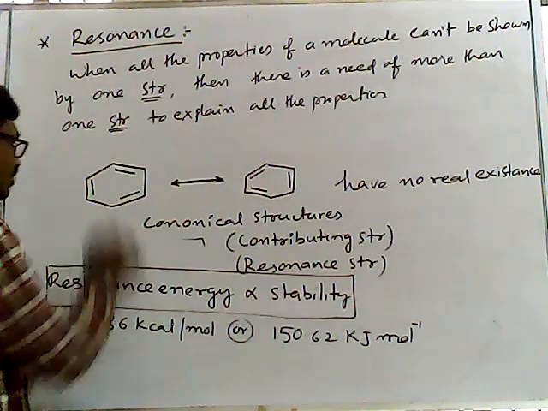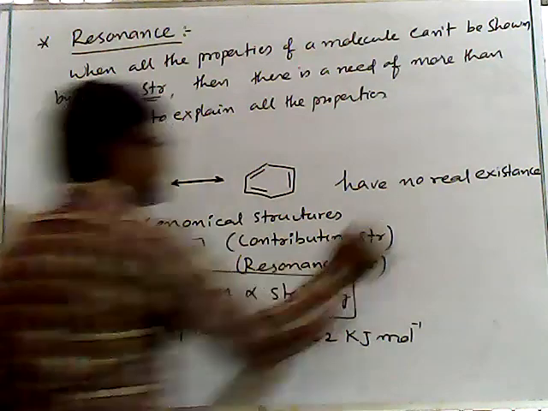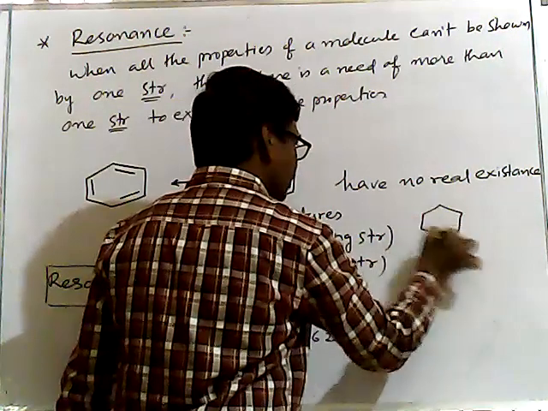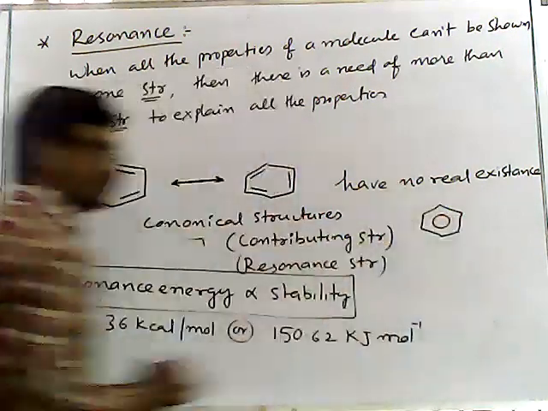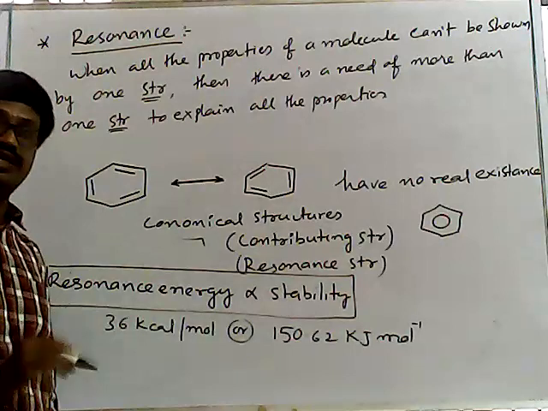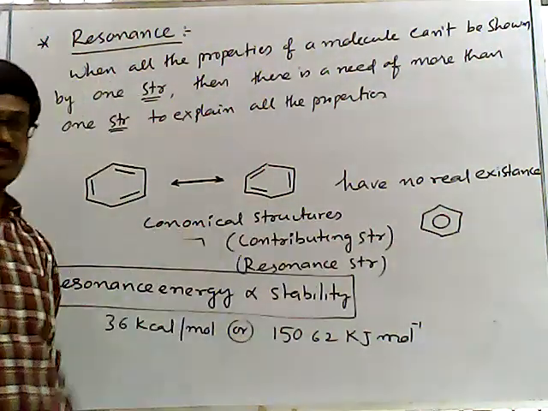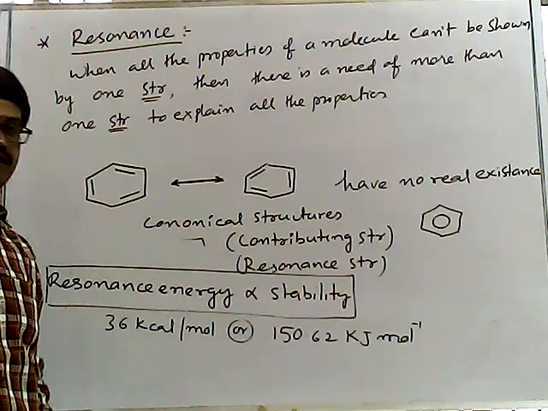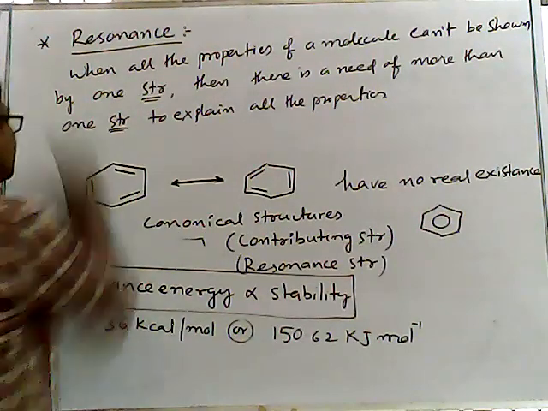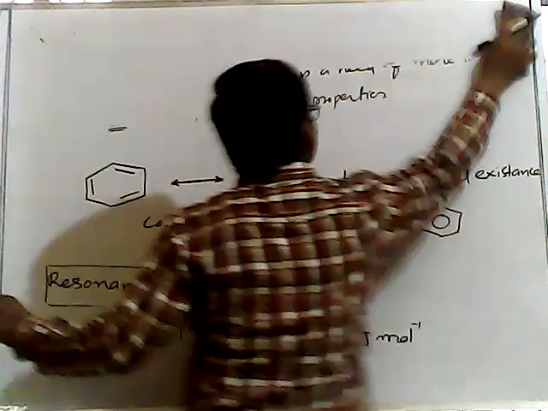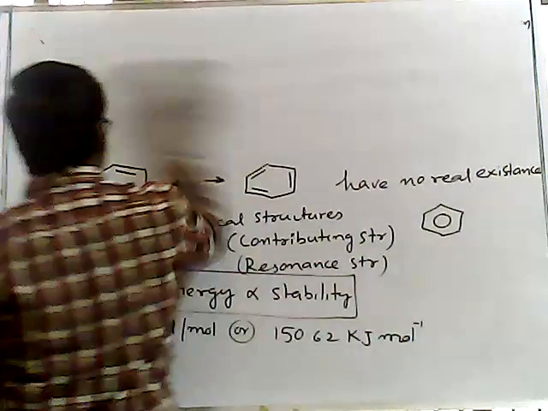See here we have two different canonical structures and we have one resonance hybrid. Resonance hybrid we can write like this. So the difference in the internal energies of the resonance hybrid and one of the stable canonical structures is nothing but resonance energy. Here I am writing what is resonance energy. Simply, resonance energy is nothing but